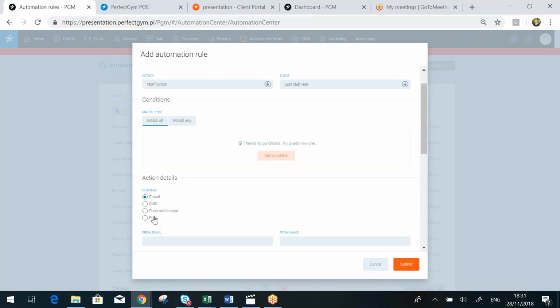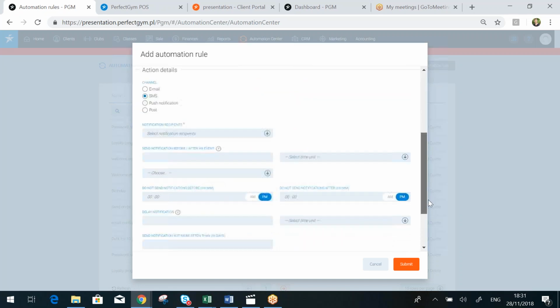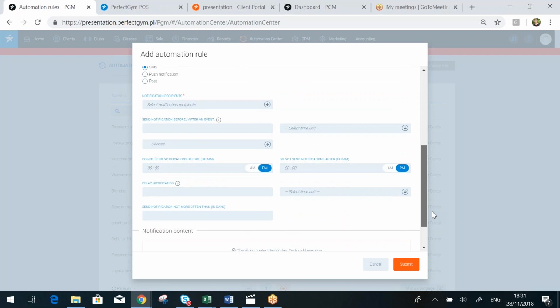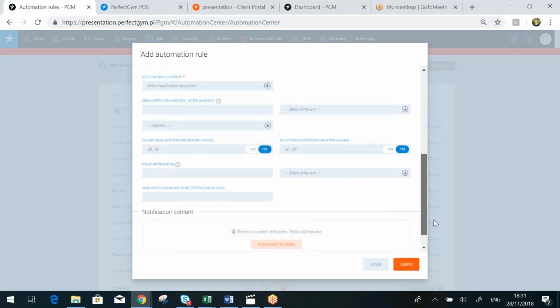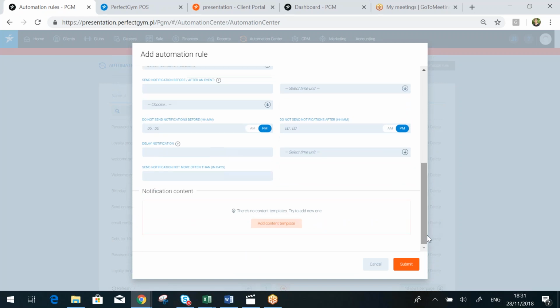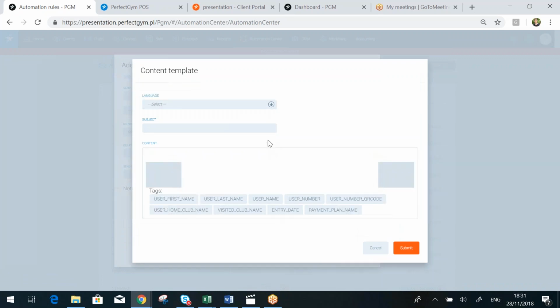You've got a push notification through a mobile app. You've got an SMS. You've got an email. We want to send a text message. We can even determine what time of day that message is sent so as to not be a nuisance. You know, we're not sending out messages at 2 o'clock in the morning or anything like that. We can create the template right here. So if we want to say,